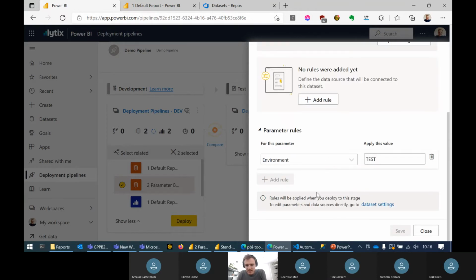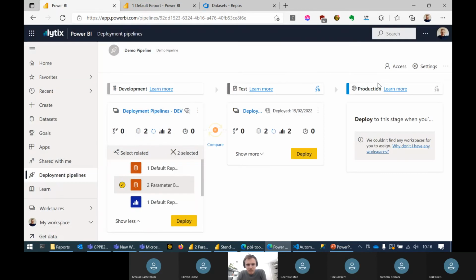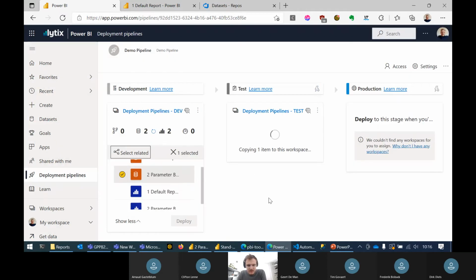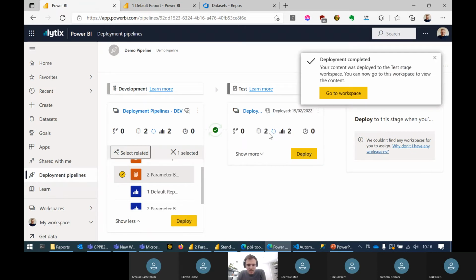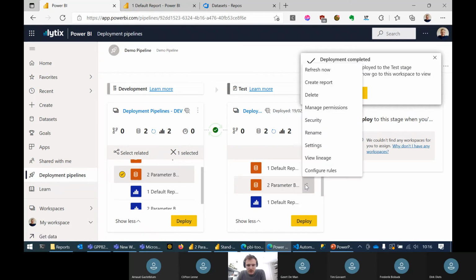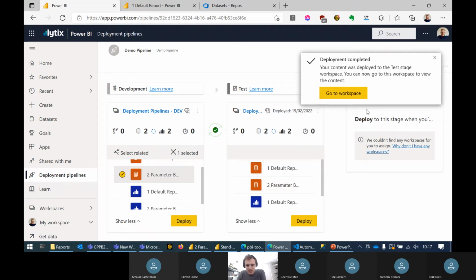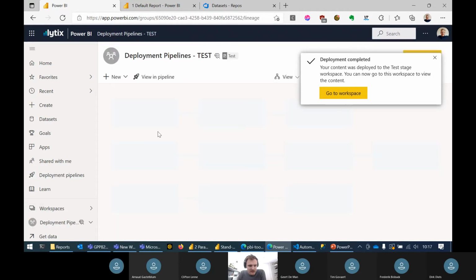So I applied this, and now I still have to do a redeployment from my dev to my test environment. So let's do a redeployment only for my parameter-based report dataset. So let's deploy this towards the test environment. Let's quickly refresh this dataset. And now when I go towards my test environment